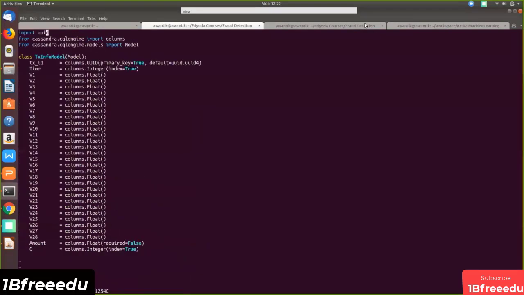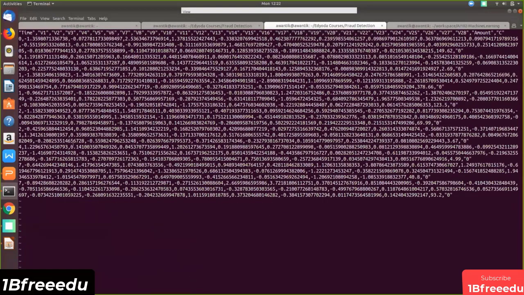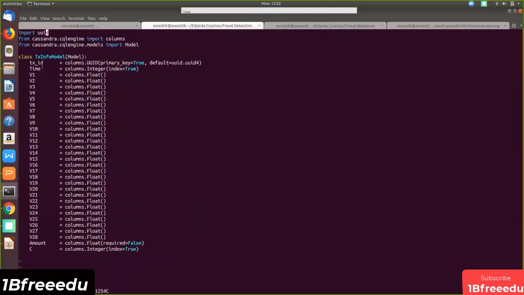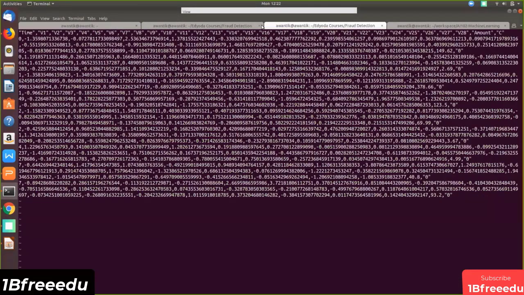This file will look something like this. This is based on the data. This is our data, the schema of the data. We have time, V1, V2, and all that. And it's very similar to that, except for one fact that we have added one additional field, TXID. This is required if we want to persist data in Cassandra. I mean, you need some primary key. We have added this external artificial primary key here, TXID, and it is auto-generating values. In the database, it looks something like this field. Okay, so this is the first class.